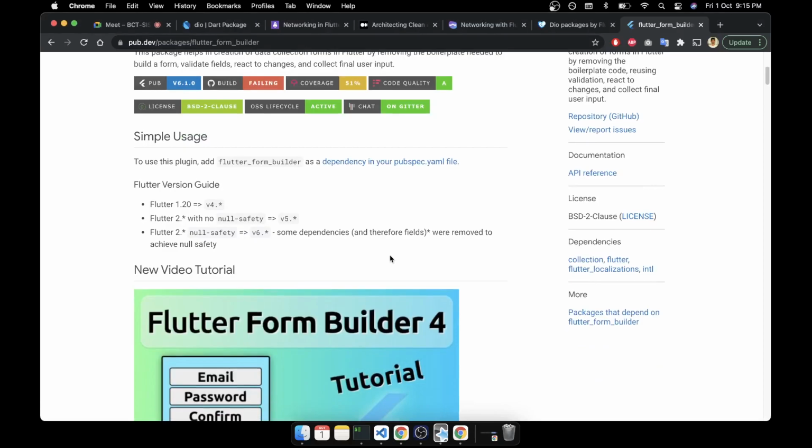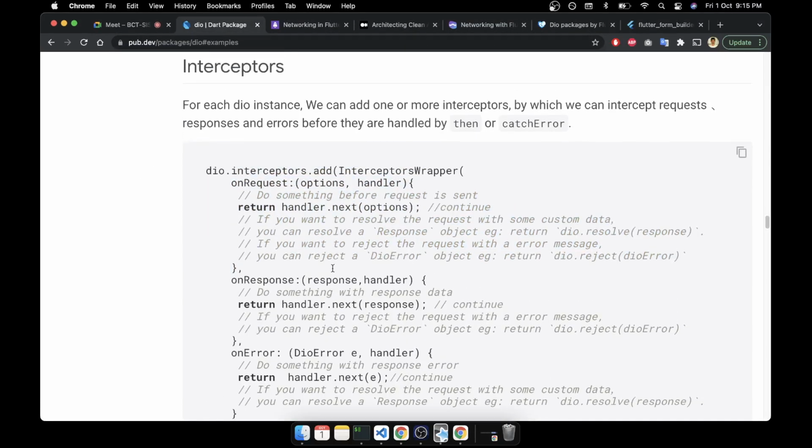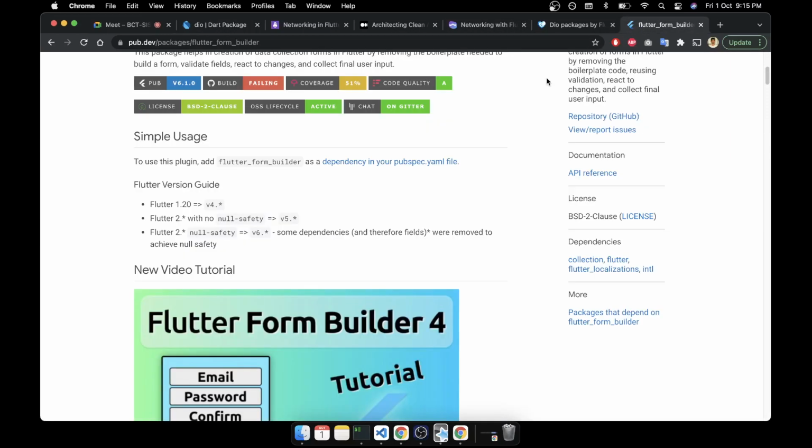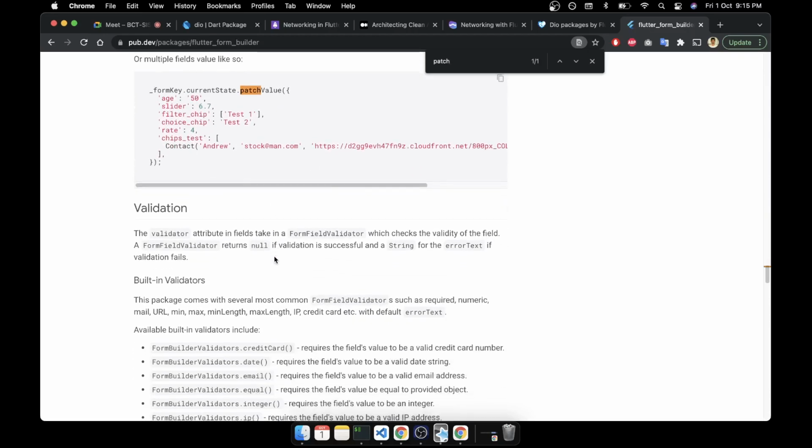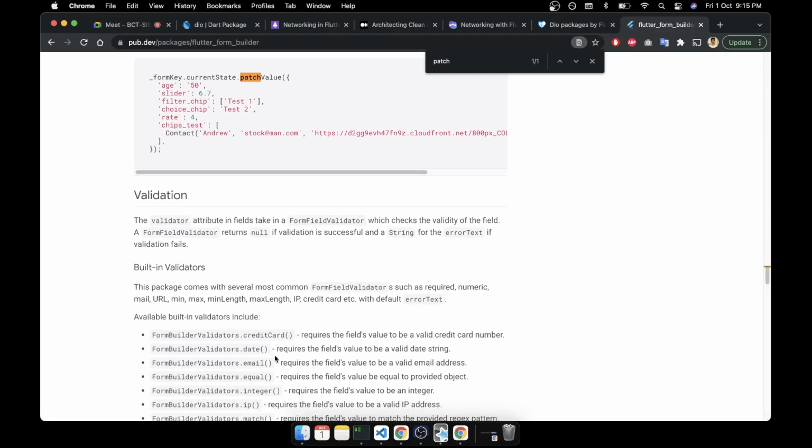Okay, we'll see if there are any package changes they might have done. We'll try to see that. Patch value. Okay, so they are doing it correctly, the same way that we are doing. So we are taking the form key and then we are doing something. Okay, so this is the email form validator.